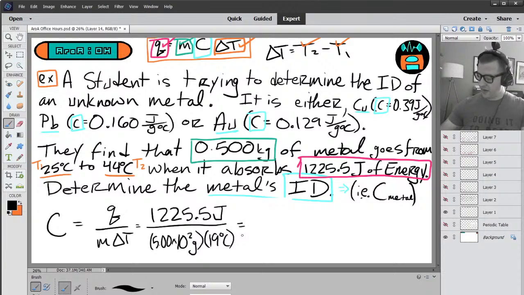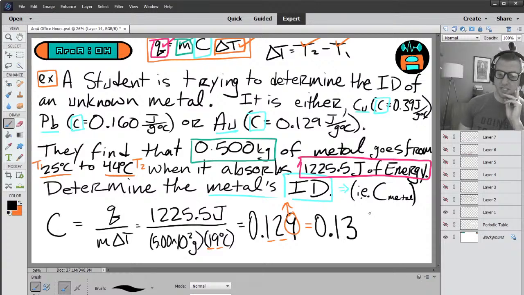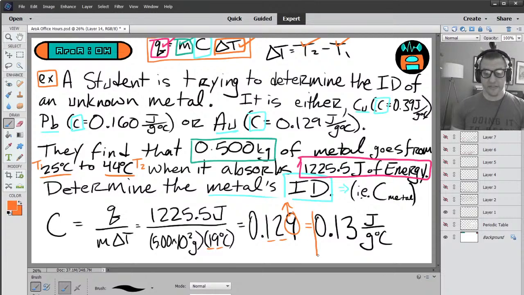1,225.5 divided by 500, right, because that's what 5 times 10 to the second is, divided by 19, comes out to be 0.129. When you look at how many sig figs our answer can have, we're limited to 2, and 9 is going to round up. So this will be equal to 0.13, and then our units are joules per gram degree Celsius. That is our specific heat capacity